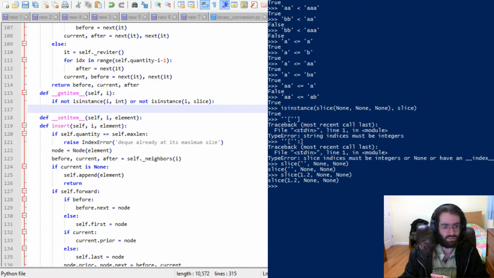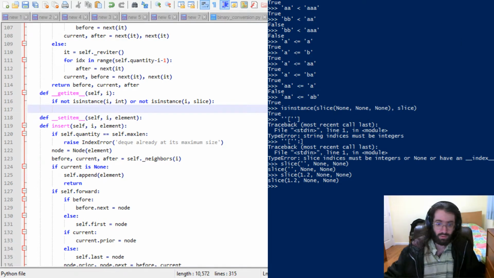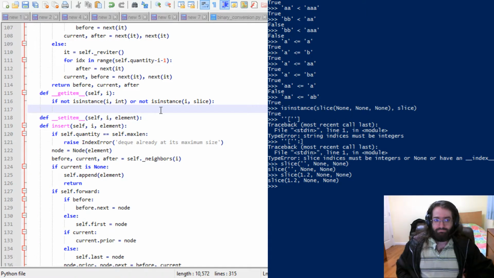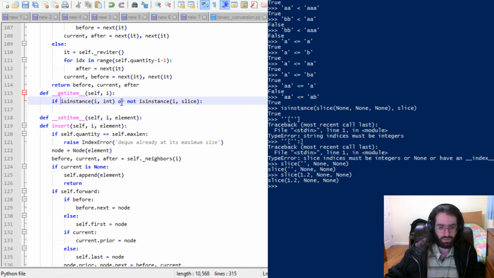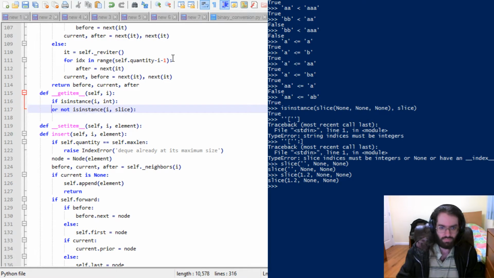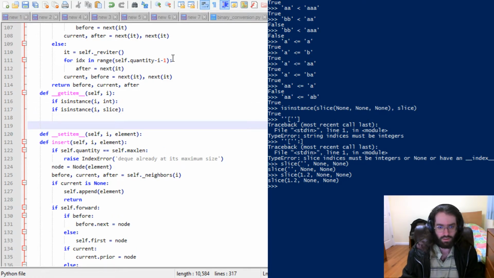So if it's some kind of slice object, then I have to check all the arguments, because you can have a slice that doesn't make sense. I don't know why. That should probably be checked internally, I think. Let's invert this and just say if it's an int, if it's a slice, other stuff, and then